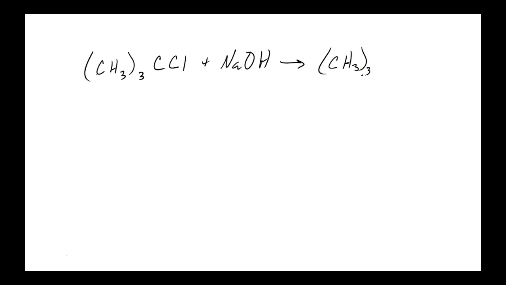Those 3 methyl groups are now going to combine with the carbon and the OH, and have left over the NaCl. Okay. In other words, what's happened here is the hydroxyl from the sodium hydroxide is exchanged with the chlorine